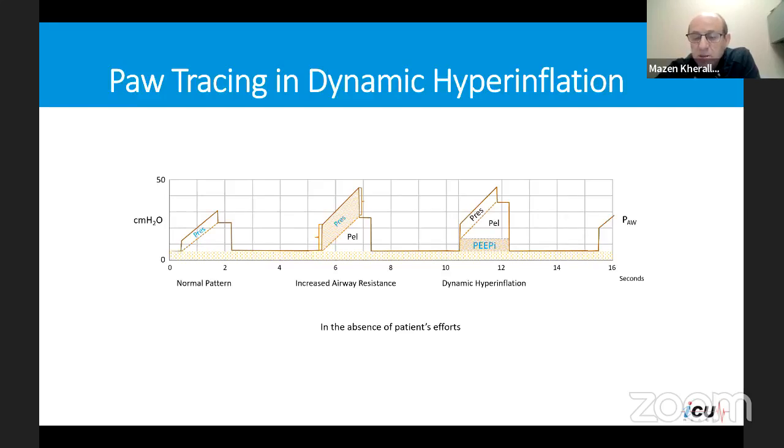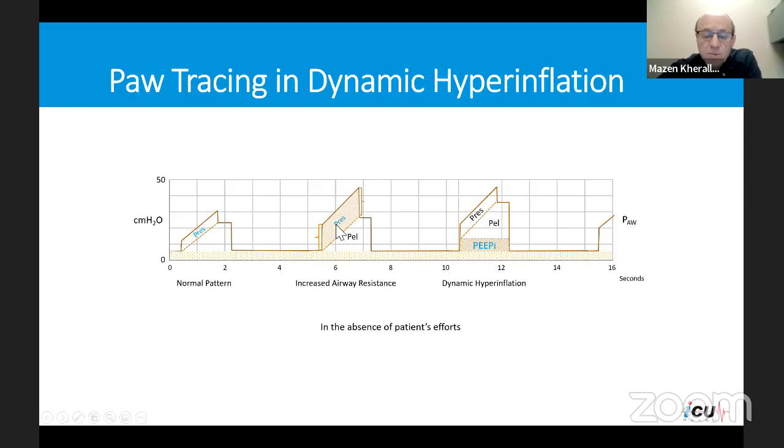The air that is inhaled is not completely exhaled, and gradually that residual volume will increase, and of course any volume will be associated with pressure, and that's why we say the pressure is increased, which is the auto-PEEP. So what's the difference between the auto-PEEP that results from dynamic hyperinflation and the increased airway resistance? It's actually all related to that initial rise in the pressure and the difference between the peak inspiratory pressure and